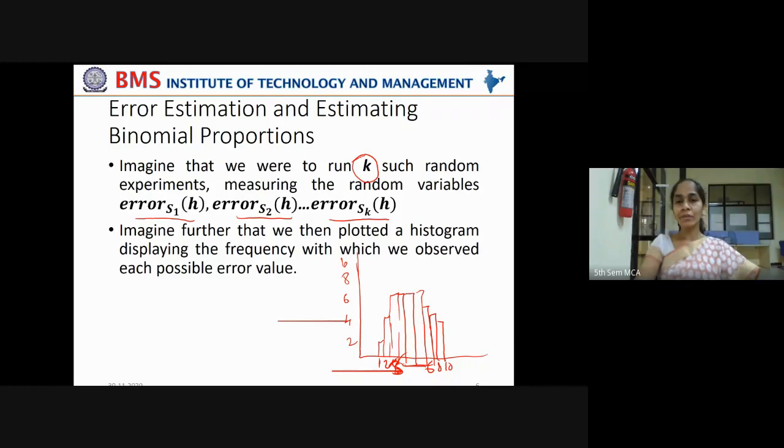Now you can observe that as you go on increasing the number of experiments, remember I'm highlighting this, when you increase the number of experiments, you tend to see that most of the sample errors fall between 5 and 8, and very few sample errors fall either in the lowest range or in the highest range. This is how you can observe the sample error distribution. What you can notice here is that it is following a form of normal distribution.